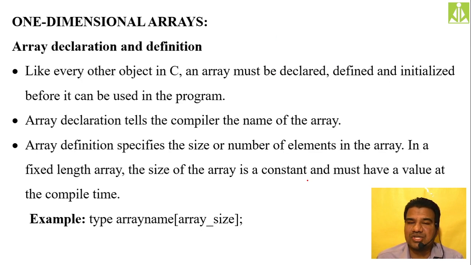Then the one-dimensional array we start. Already I have given the definition for array, and for one-dimensional array as well. So once again I am repeating the definition. Array is a collection. First of all, you understand this one. Collection means it is a group of elements. It is not a single element. You can put more than one element into the array. So array is a collection.